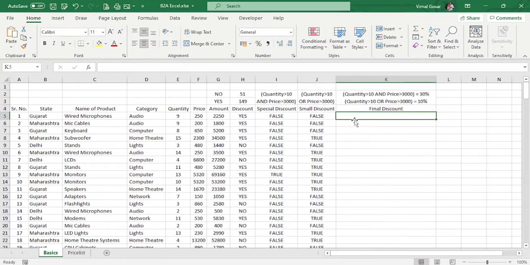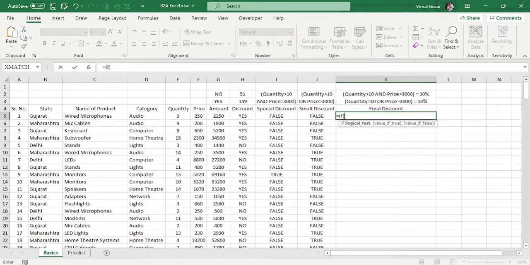Now we can use a single formula and we can just keep on going ahead with it multiple times. So we will be just understanding how we can combine all those formulas and we can get an answer over here. So let us say, equal to, I'll start typing the equal to IF command. If my first criteria is satisfied, then I will be having a discount of 30%. If my second criteria is satisfied, I will be having a discount of 10%, and if neither of them is satisfied, I should be having a value as NA. So I will first start typing my first command.